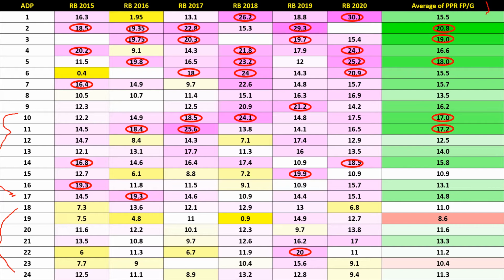QBs were a little different, a lot more steady, but with the running backs, injuries and things are an issue, and we cannot ignore that. And like I said, on average, if you go past the 11th pick, you're not going to get one of the top five, on average.